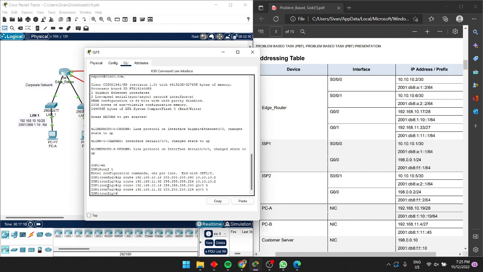So now we already completed the part 3 and we move on to the part 4, which is configure IPv6 static and floating static route to the internal LAN. So step 1 is configure IPv6 static route to the internal LAN. So now on the ISP1, configure the next hop IPv6 static route to the LAN 1 network through the edge router. So we're still gonna use the ISP1, and now we use IPv6 route